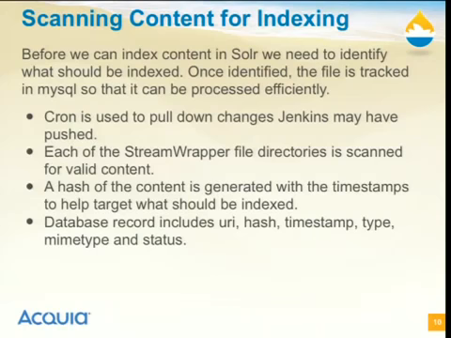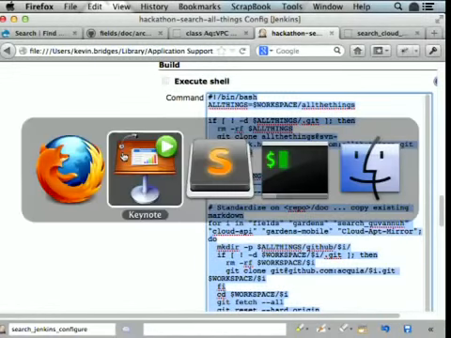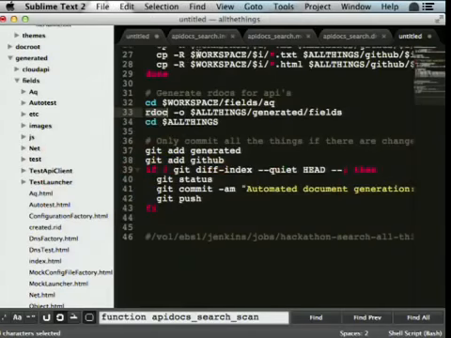So there's a combination of techniques to achieve that in Solr. Number one is setting a last index document position, and I'll show you the function for that in just a few minutes. And then the other is just making sure that we're only putting relevant information in the database. So if it's already been indexed, we're really not interested in it. So cron is used to pull down changes Jenkins may have pushed. Each of the stream wrapper file directories is scanned for valid content. And we'll get into the code,